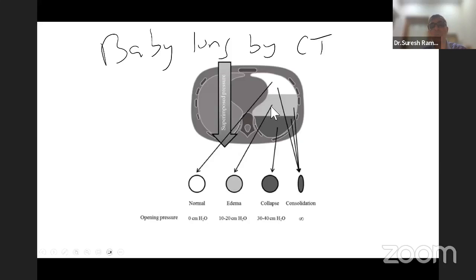Maybe this area, which is edematous, might open up, but the best way to open this area is to prone ventilate them. The PEEP may or may not be of much use, because then you have better gravity and shape matching happening, so that you have better ventilation perfusion ratios to that part of the lung. So proning is the only way to take care of this dependent collapse. It is not a passive collapse, which happens in a perioperative patient. So this is a different inflammatory edema, dense consolidation.